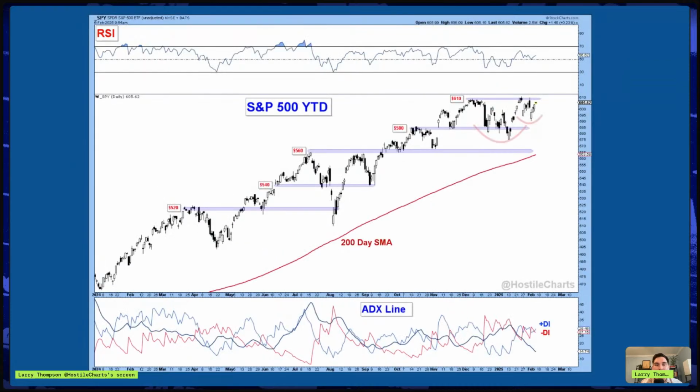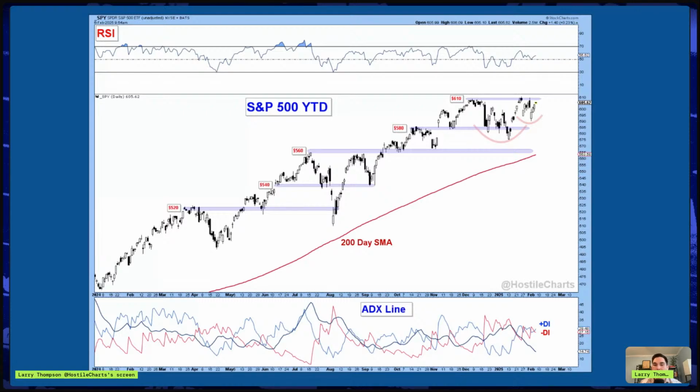Right above, if we get above 610, I like it long. If we break below 580, I'll be reassessing, but we've got to get above that 610 level. And I think today, chat, if you look at the market, the market's struggling. I haven't had a chance to dig in too deep today, but look at that. We got to the top of the range and we're struggling. So that's what you're going to see: this back and forth action in the S&P 500 until we resolve higher. You just have to be patient with this stuff.